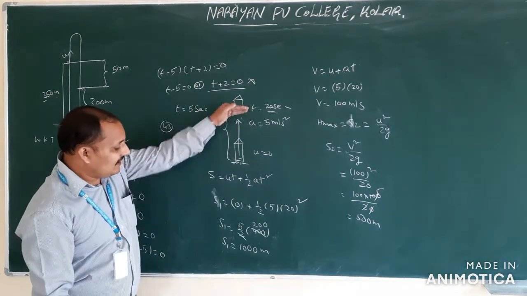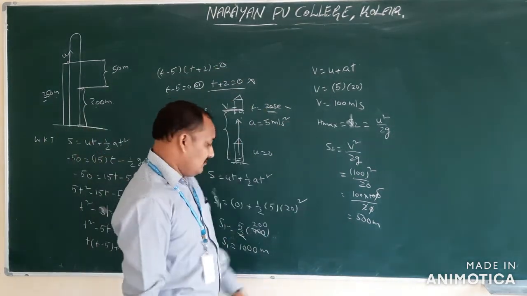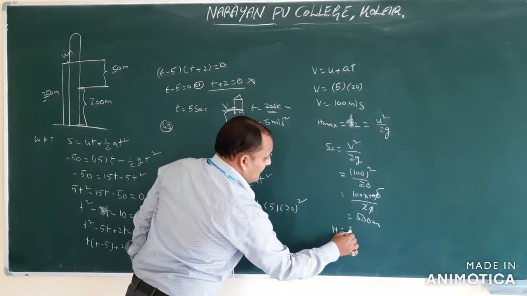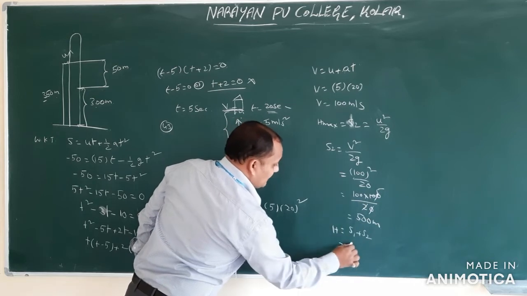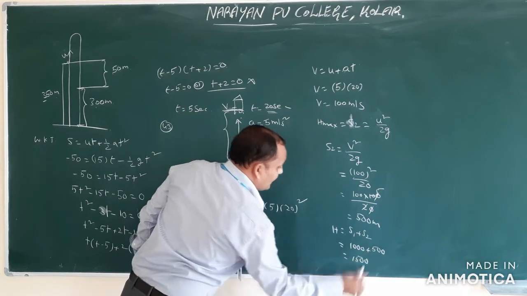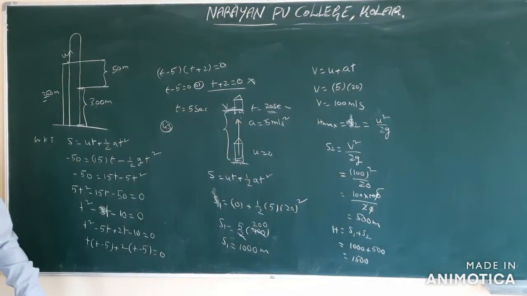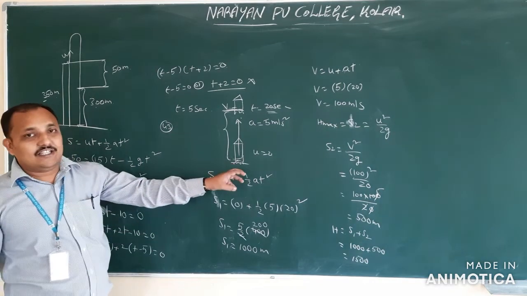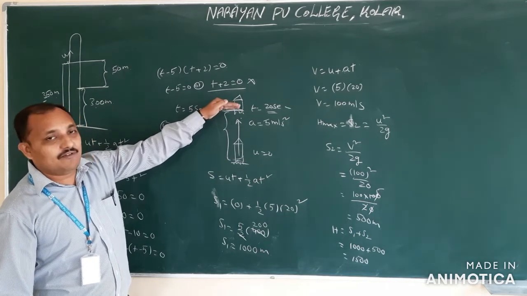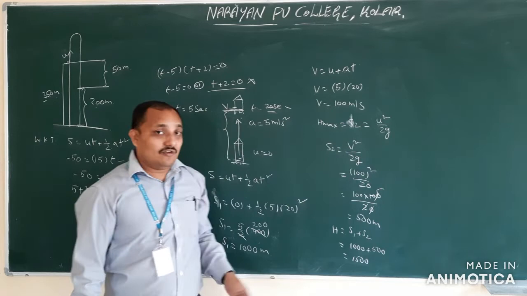So 1000 to here, and after 20 seconds the height it is reaching is 500. Therefore total maximum height H is equal to S1 plus S2, that is 1000 plus 500, that is 1500 meters. That is option 3. You have to understand this problem logically. Here we did not throw it; from here onwards it moved by itself. In the other case, it is thrown with velocity v, therefore we have taken g value 10. You may get some doubt.